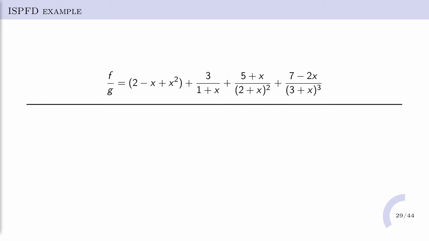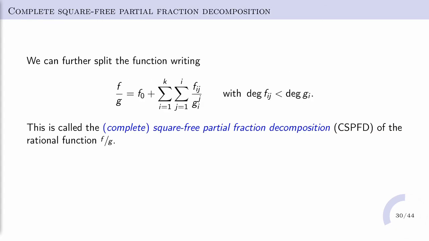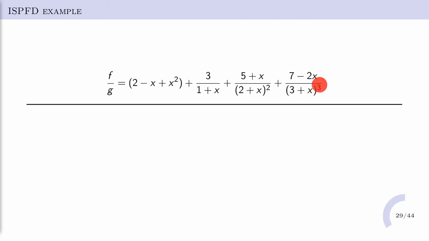The name incomplete square-free partial fraction decomposition suggests that there should be something which is complete, and in fact there is. We can further split any of these into a sum of even simpler fractions. This will apply an additional step for all these fractions where the denominators are non-trivial powers of square-free